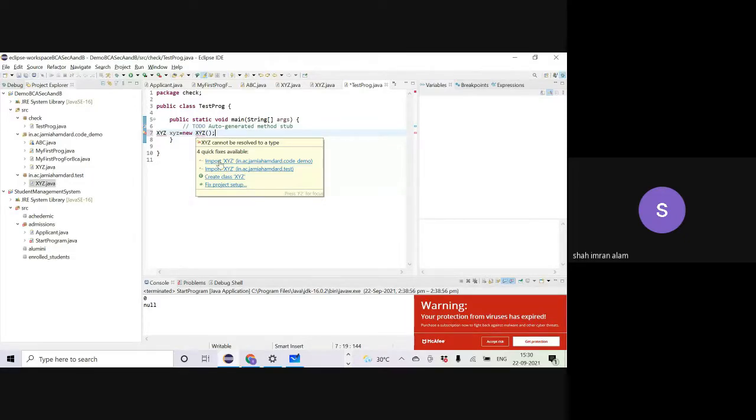Either you can say that your XYZ is the one which is inside in.ac.jamiahamdard.code_demo package, or it's inside in.ac.jamiahamdard.test package. Okay. So there is a namespace collision, but the namespace collision is resolved by using the package name.